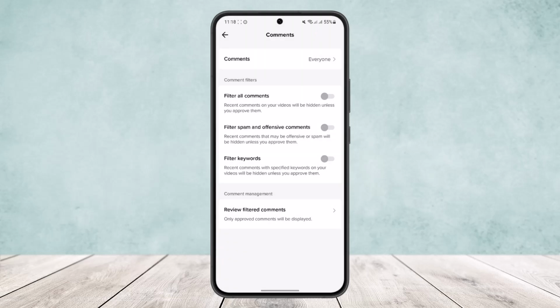Now if this isn't the case and you are not able to comment on any video, then it might be that TikTok has banned you or restricted you from commenting on videos. This might happen due to various reasons. It might be that you spammed commenting and TikTok flagged you as spam and then restricted you from commenting. However, if this happens, you don't need to worry, as the restriction will be lifted within a few hours or a few days. So all you have to do is wait and you'll be able to comment again.